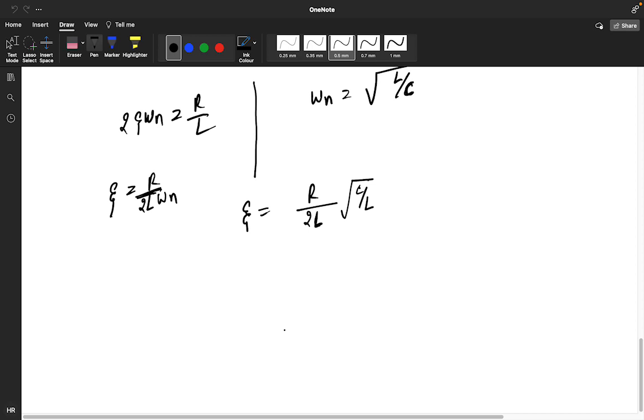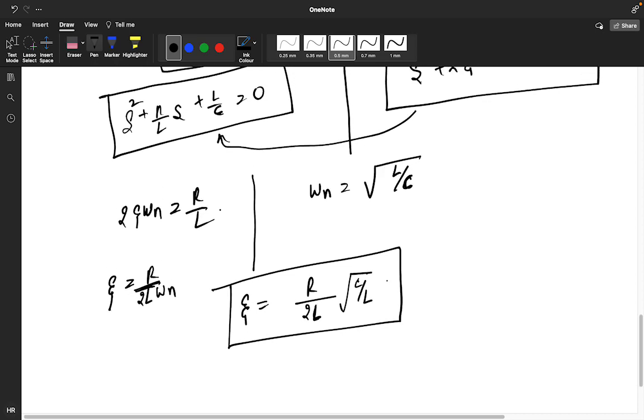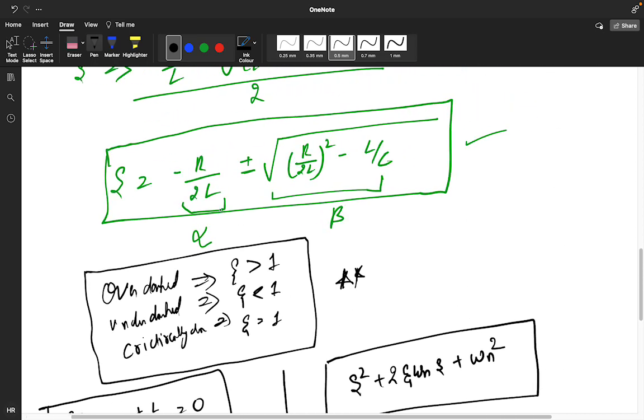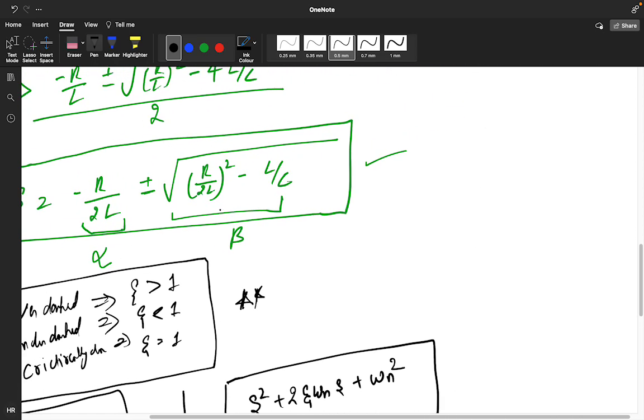This is your zeta value. Okay, we'll see these things in control systems very deeply. Now if you come to this equation, what we got, the equation of s is